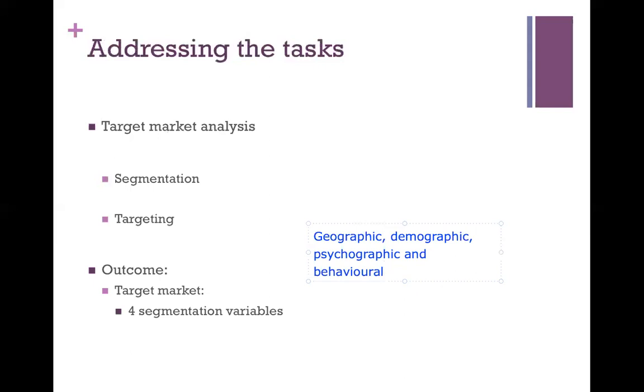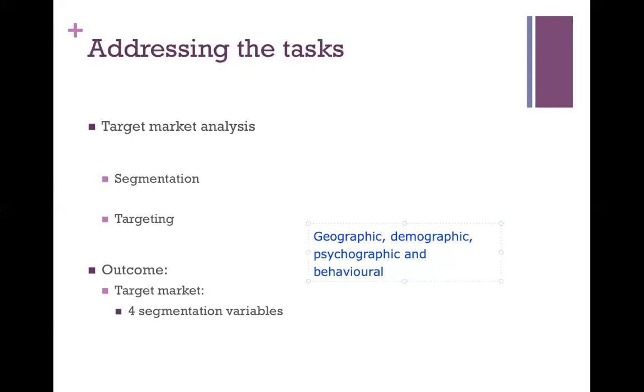Psychographic is about lifestyle and social class. So, for instance, if you explain the target market is those who like outdoor activities, or who like selfies, then you're using a psychographic segmentation variable. And behavioral is about the attitude and knowledge of the customers about your product or product category. The behavioral segmentation variable includes their